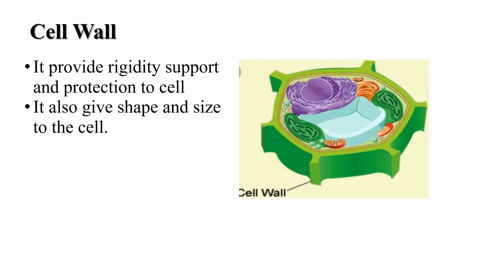And now let us know about the cell wall. The plant cells and bacteria also have an outer wall surrounding the cell membrane. This outer wall is called cell wall. The cell wall is made up of stiff material called cellulose. The cell wall protects the plants from temperature variation, high speed winds and atmospheric moisture.